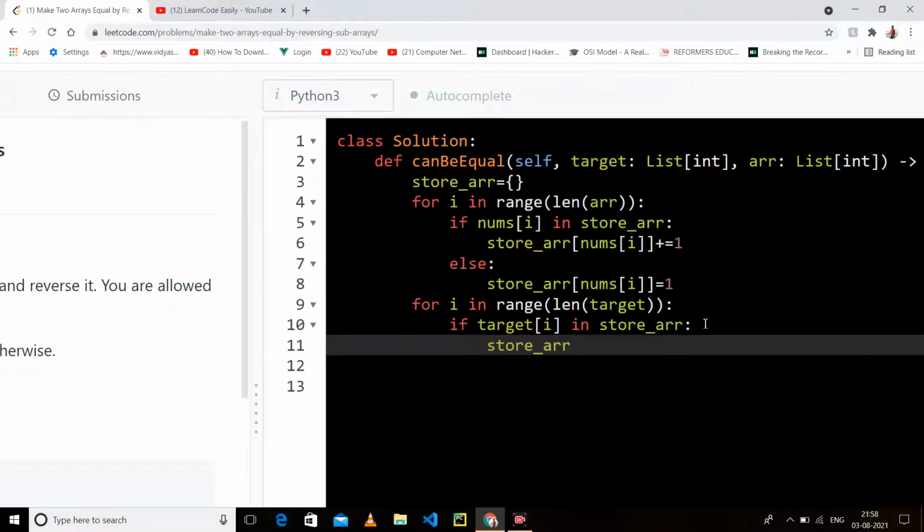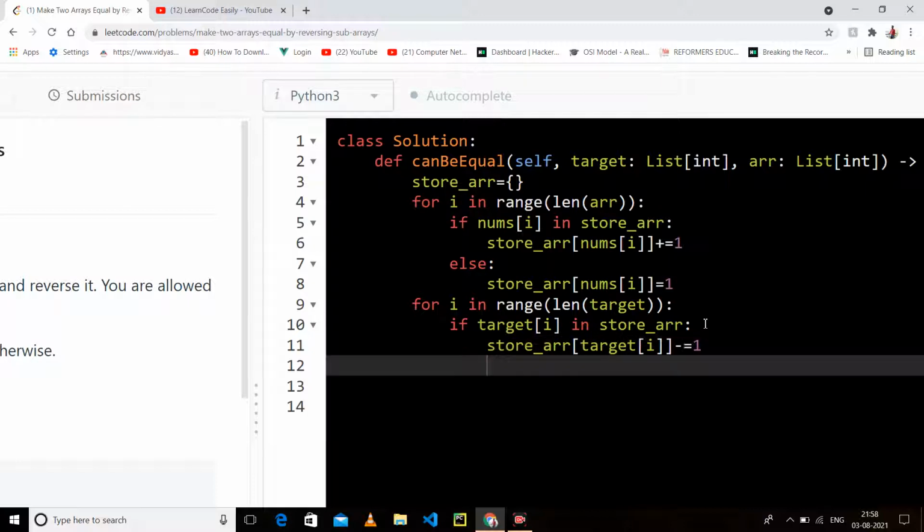Then what I have to do, if this element is present in store, decrease its frequency by 1.